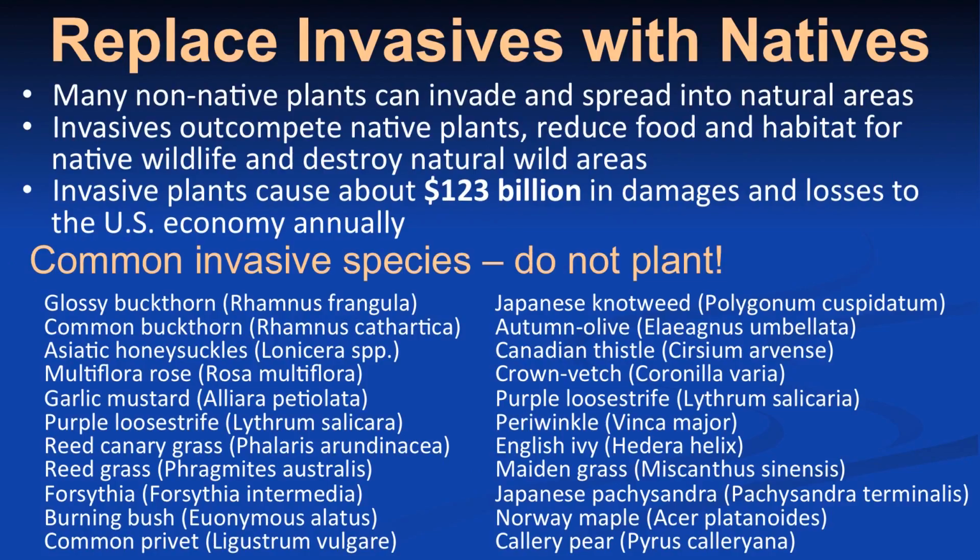So when I talk about invasive versus native species, what is the difference? Well, native plants are plants that were basically in our area before we showed up. That's kind of the general term. Invasive plants are these non-native species that Europeans or other people took over with them and then planted here. They may feel native to you, like you may see these around a lot, but they aren't,